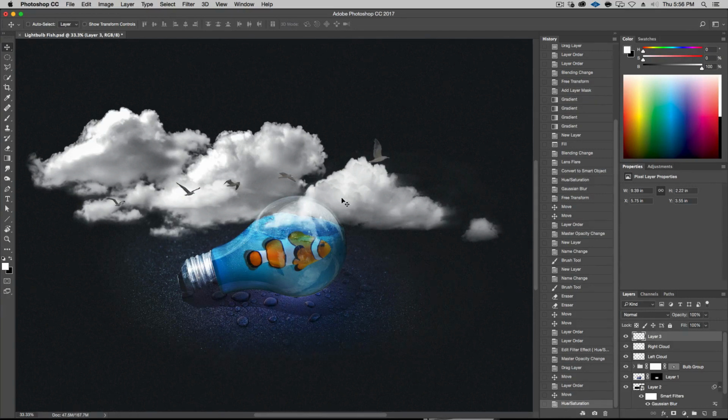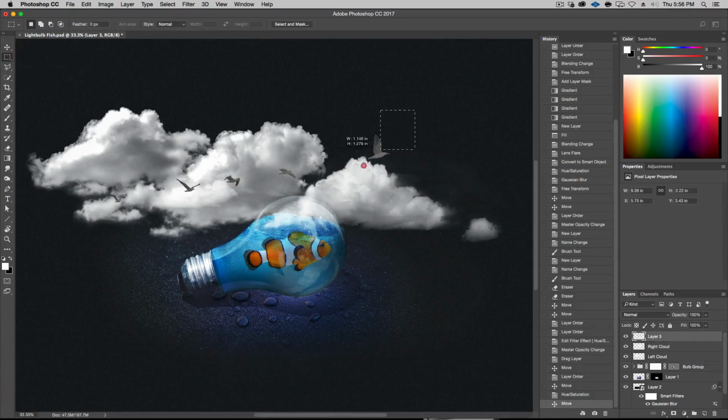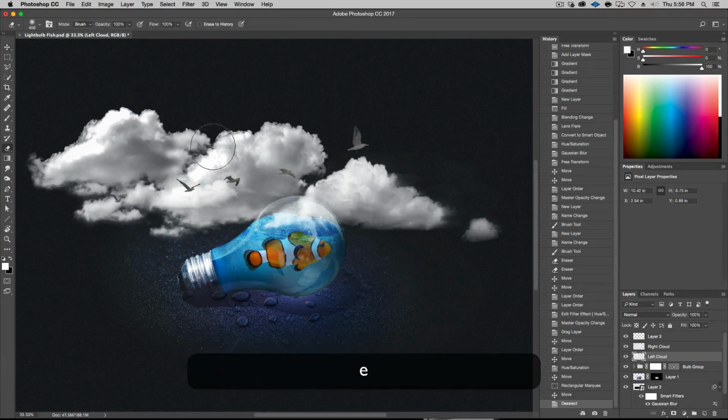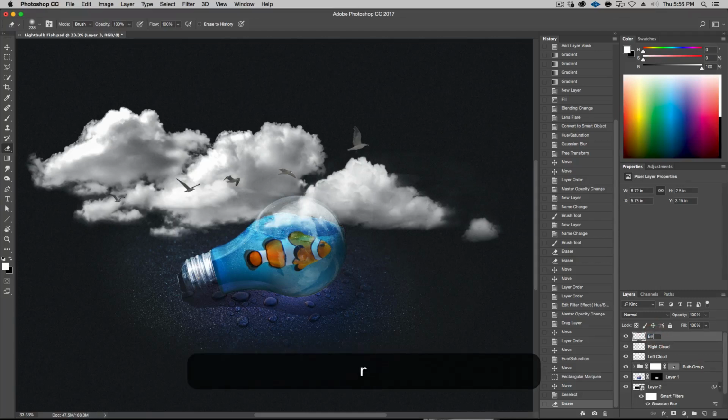One of the reasons why I didn't just do a mask is because I like these birds, but I want to move this one. So let's hit M for marquee. Select this guy, and we can actually just move him. I want him up here, actually. Like so. All right, and deselect. I still have this artifact. I believe that's from my left cloud. Let's hit E for eraser, a little smaller. Let's just delete this bit right here. There we go. There was a little line there. So our bird's pretty good. Pretty happy with that. Let's name it birds.